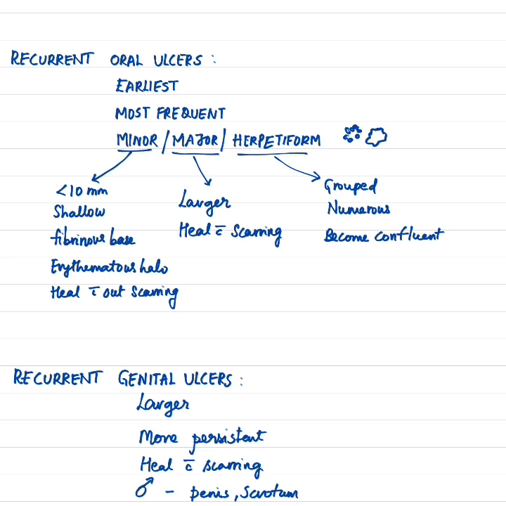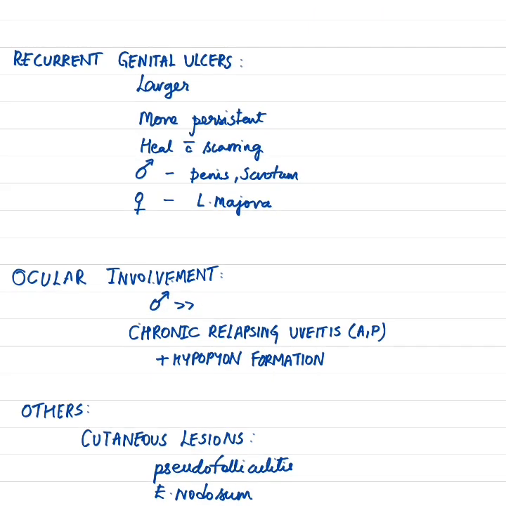The herpetiform ulcers, as the name suggests, are grouped and numerous, and they become confluent. These ulcerations can be seen anywhere in the oral cavity, but they mostly occur on the tongue, the lips, the gingiva and the buccal mucosa. Coming to the recurrent genital ulcers, they have a similar morphology to the oral ulcers, but are a bit larger and more persistent, and they heal with scarring. In males, they occur over the scrotum and the penis, whereas in females they are commonly seen over the